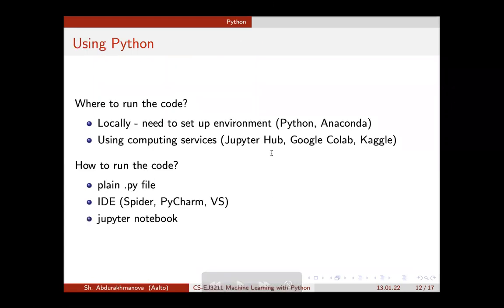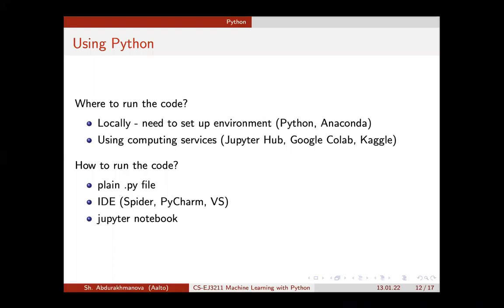So when you decide to use Python, you also need to decide where and how to run the code. You have different options. For example, if you're planning to use Python in the future, you most probably would like to have Python running locally on your computer, just in case you don't have an internet connection.